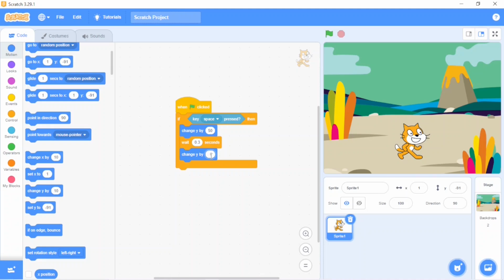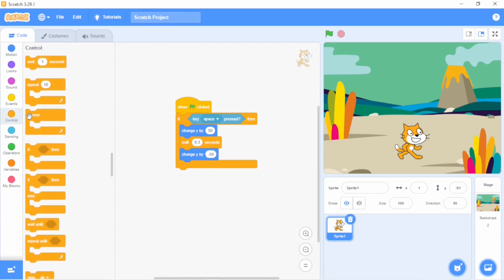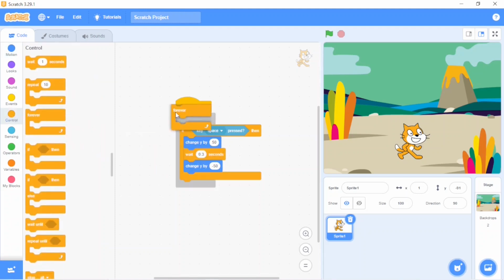That's why we'll take minus 50. And to make it run, we can keep all these blocks in a forever loop. So go to control and take forever and keep it here. Now I'm going to click the green flag and press the space bar. You can see it's jumping.